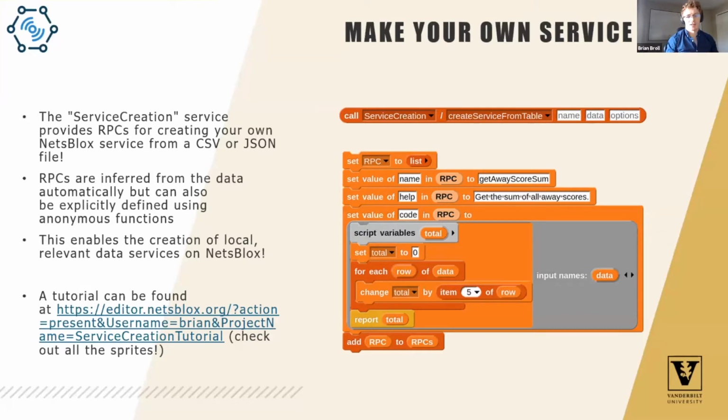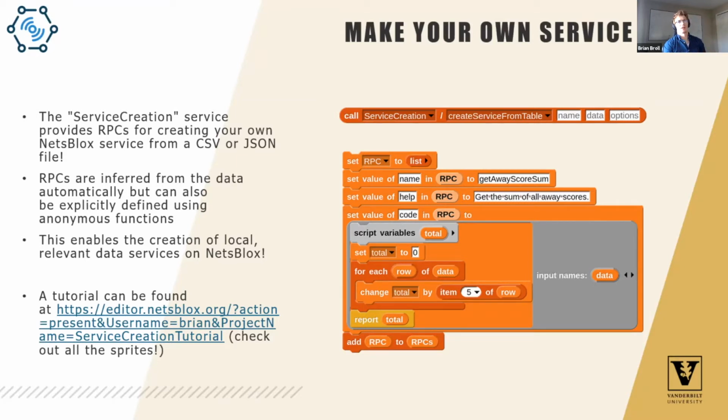All right, so as we said, we have a bunch of data sources and data sets already available in NetsBlox, but you might have some local data that you want to look at, or some data that's maybe more relevant to students, or just some data that we haven't added to NetsBlox just yet. So to that end, we actually created a service for creating services from within NetsBlox.